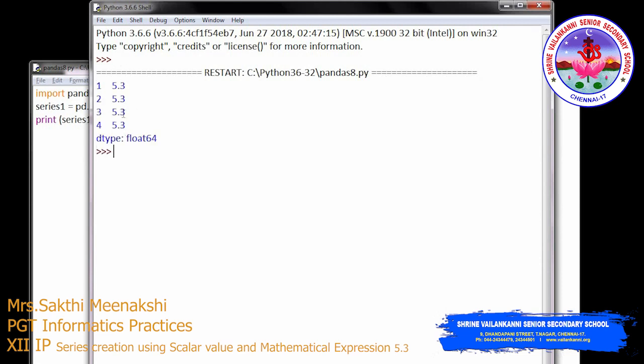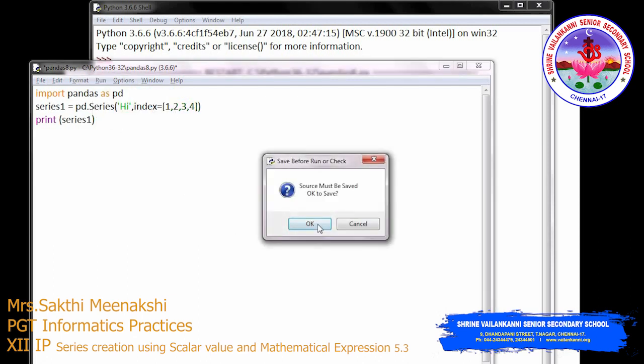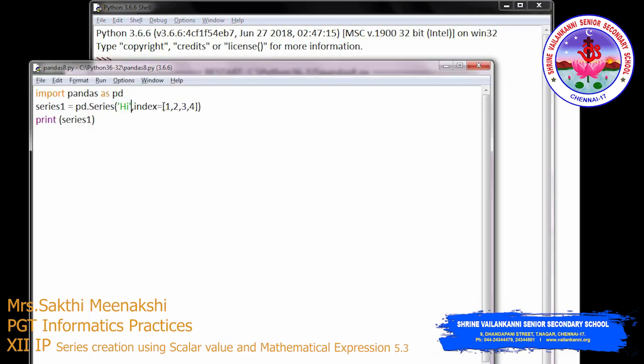You can also pass an integer value, and we can also pass a string value. Let's see, I am passing a string value now. Here "hi" will be repeated 4 times. Instead of this index, I am changing the index to some names, like greeting someone.